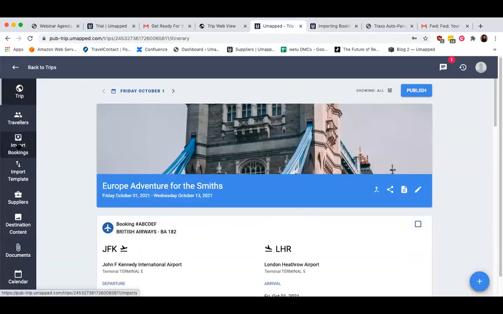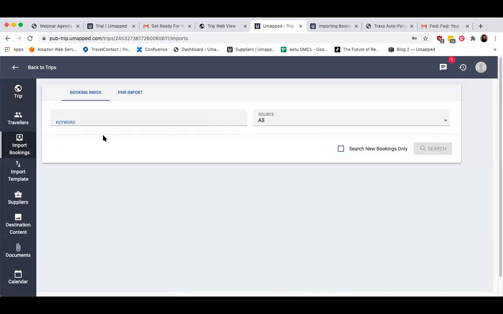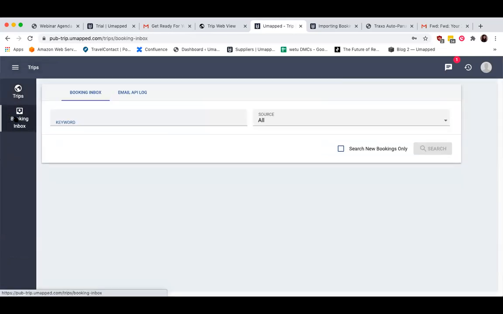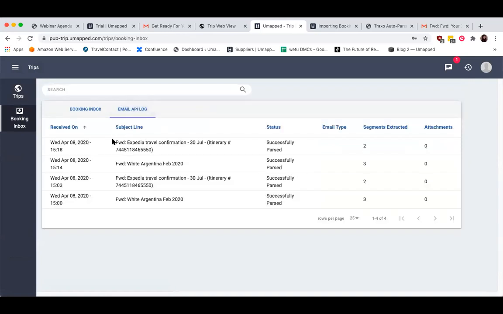And if you're ever not sure if something's actually added into your booking inbox or not, you can always come to your dashboard. So I'm going to leave this trip a little bit. I'm going to come to the booking inbox on the dashboard. And you'll see that on the dashboard, there's a second tab called Email API Log. Clicking on this will show you when something was successfully received, what was the subject line of the email,